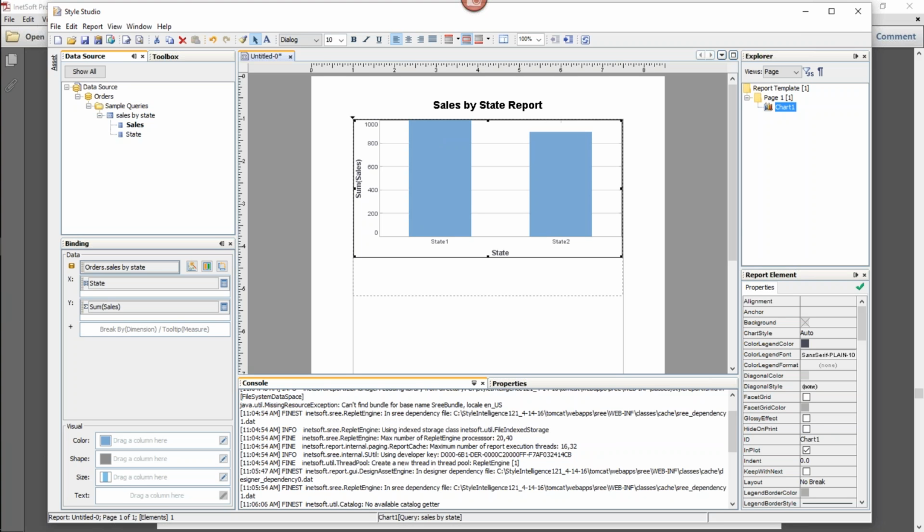And that is the default behavior for report design. When you're designing a report, by default, you see only metadata. And that's another distinction between reports and dashboards. In a dashboard, when you design the dashboard, by default, you see the live data, right? As you add charts and tables to a dashboard, you see the data in those charts and tables and all the other components, gauges and so on.